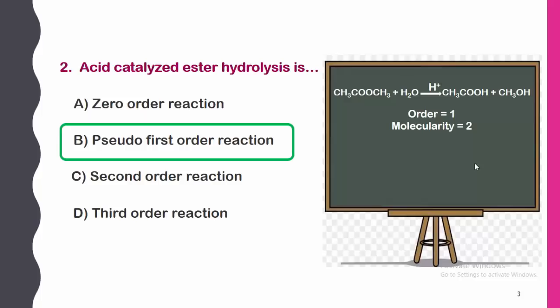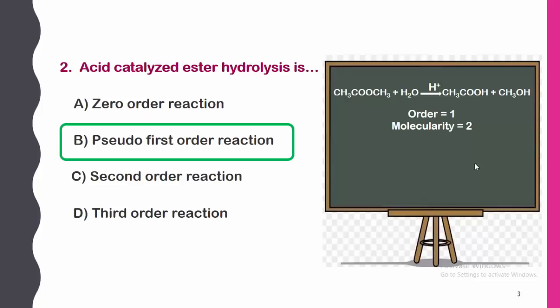is equal to 2. How is the order 1? Actually, the whole reaction is dependent only on the concentration of methyl acetate, where the water is in excess quantity. Therefore, the concentration of water is immeasurable, means the concentration of water cannot be measured. Only the decrease in the concentration of methyl acetate is measurable. Therefore, if you write the rate equation directly, the rate of this reaction is dependent only on the concentration of methyl acetate. Therefore, it is a first order reaction.